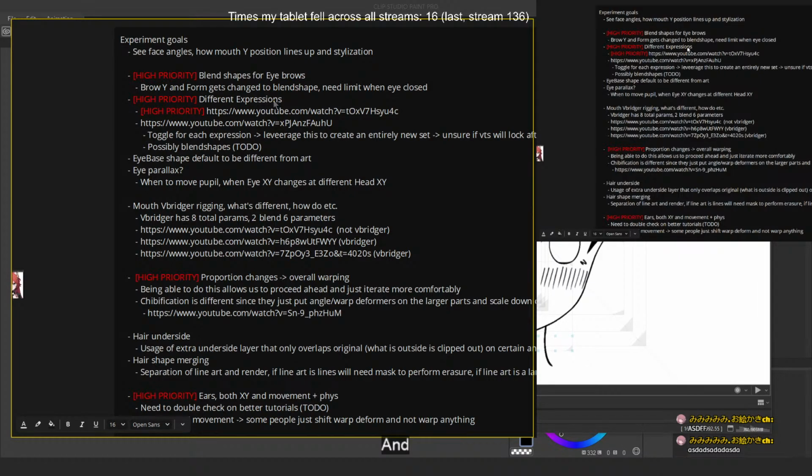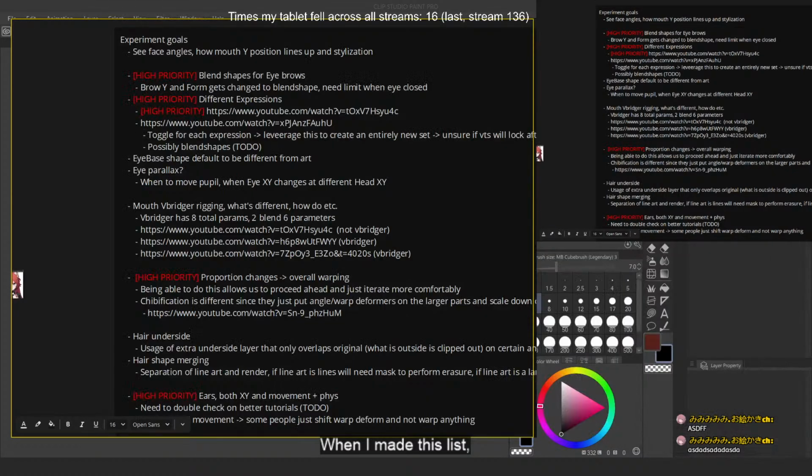when I made this list, obviously I didn't know a lot about the stuff that's in this list, and what I was thinking was we just need the highest priority stuff to be done before we can really get started rigging. And in our situation here, it would be primarily related to face stuff. So for example, facial expressions, how are we supposed to rig it up? How are you supposed to change the position of the eyes such that it still is able for your, like,